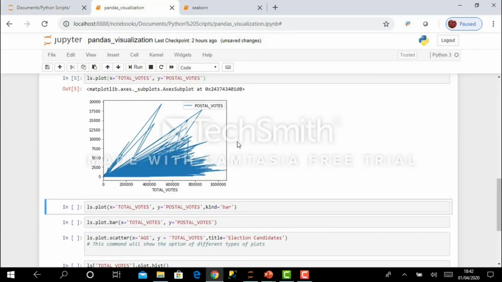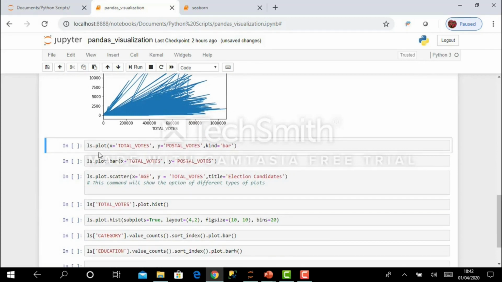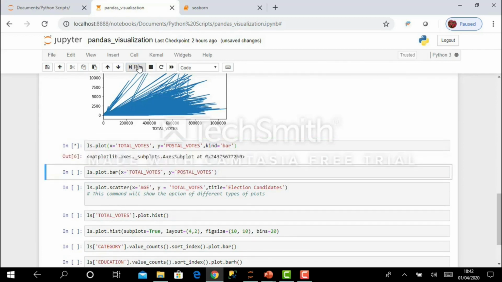Now instead of a line graph, if I want a bar graph, as I told you, I can execute this plot method and give the argument kind equal to bar. If I execute this, let us see. It may take time because there are a lot of records in this file.